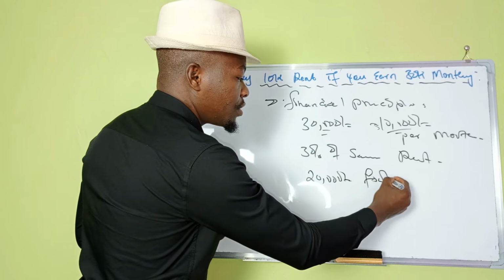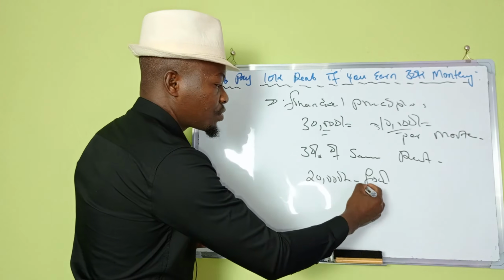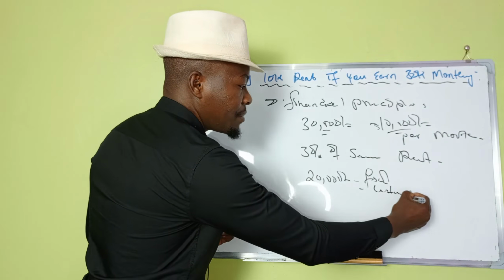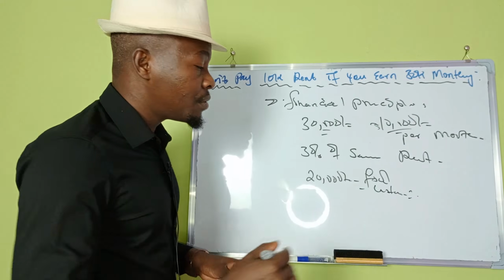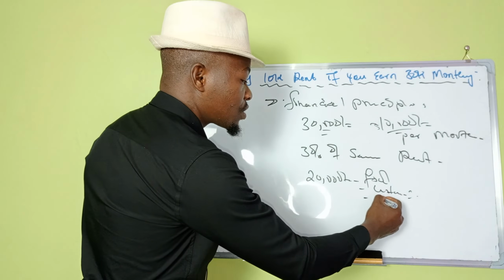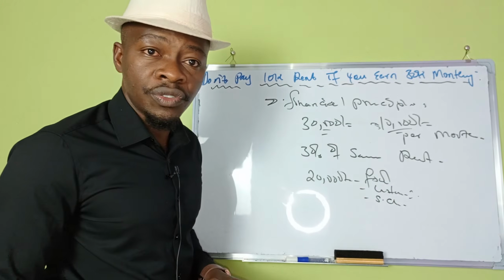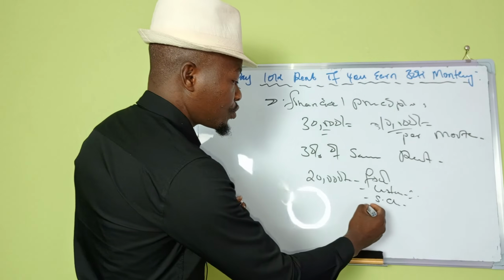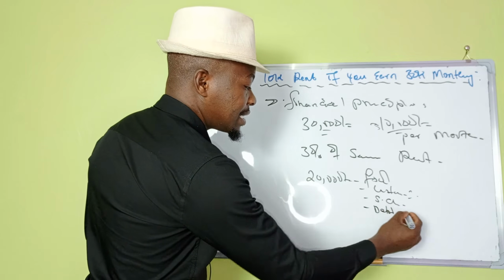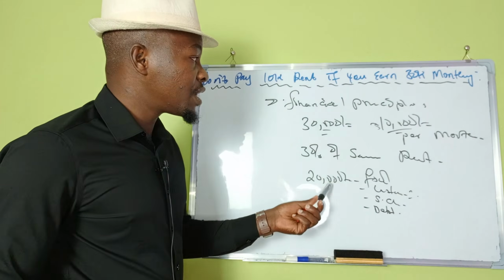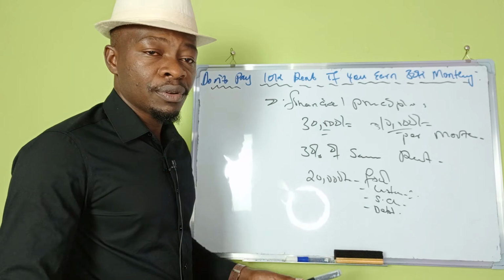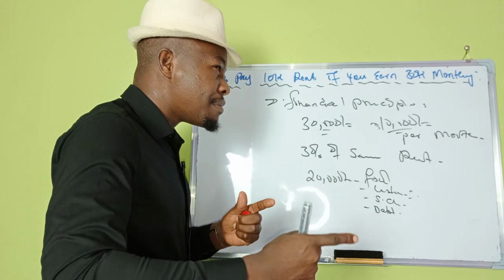You're supposed to deduct your food out there. You're supposed to deduct your utilities. Utilities here mean water, electricity, and what have you. This is where you're supposed to as well do the school fees, if you do have children that are in school. This is where you're supposed to get your debt, perhaps, maybe if you've got a debt, and probably because you've already violated the 10% principle or a 30% principle, probably